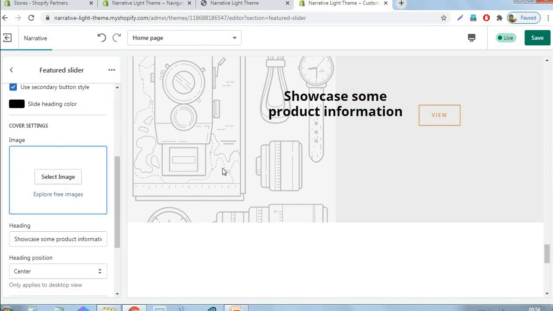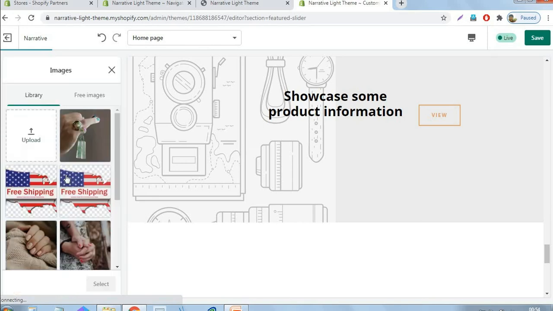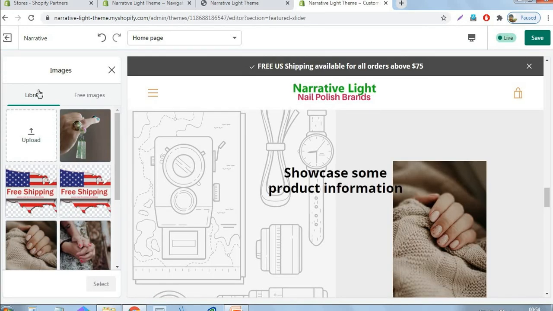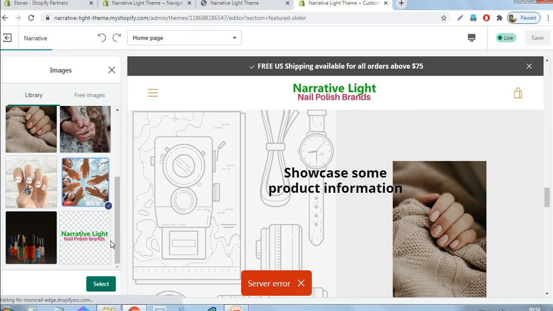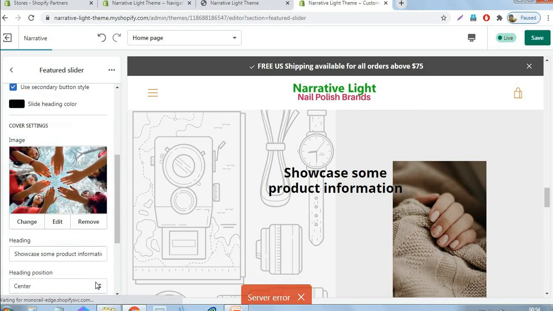The cover setting is here, so just select the cover photo. Let me choose the cover like this one. Actually we need some more images, but I am choosing the existing images here. Okay, then just click the save button.